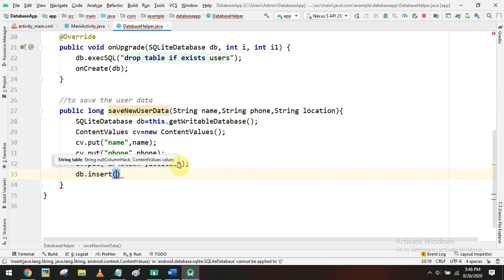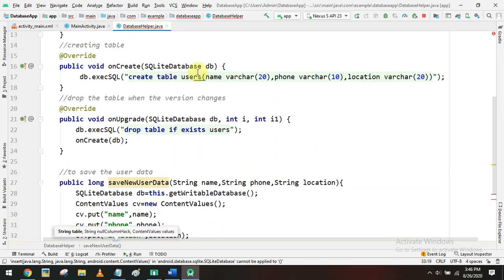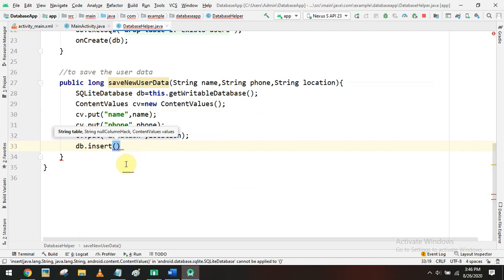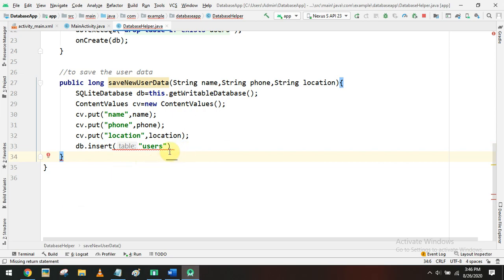First you have to pass the table name, then a null column hack, then the ContentValues we have prepared. The table name is already available: we created a table called users, so that is the table name you have to pass. Then the null column hack: if you want to allow any record to be inserted with null values, we can give those column names.